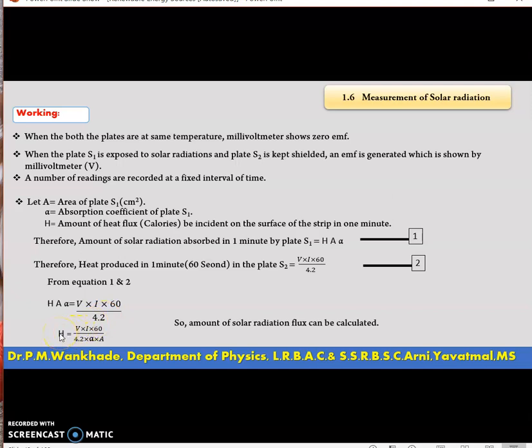Therefore, by some arrangement, H equals V into I into 60 upon 4.2 into A into alpha. So the amount of solar radiation flux can be calculated by measuring the voltage produced in the voltmeter, the current recorded by the milliammeter, 60